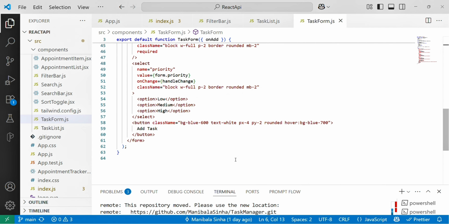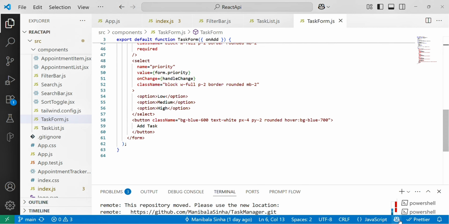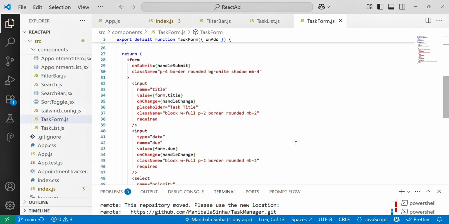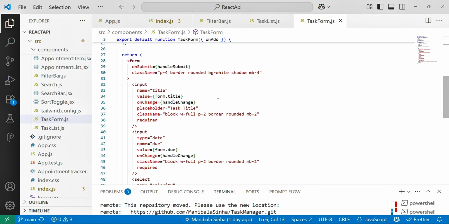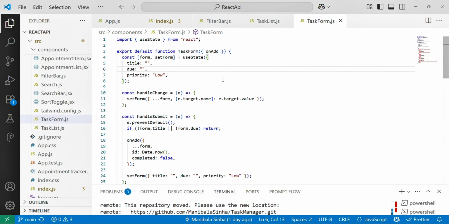And the submit button, when clicked, triggers the handleSubmit function. So the task form component manages input state for the task, calls the onAdd function passed from a parent component when the form is submitted, and it resets the form after adding the task.